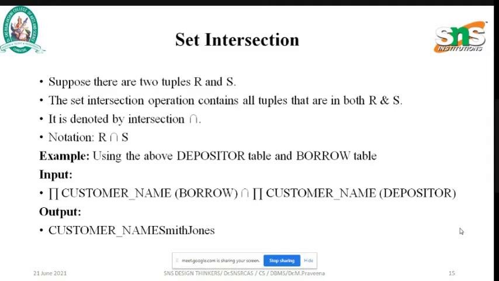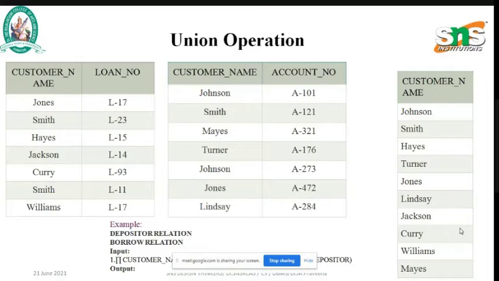So in the above example, let us see. Jones is available 2 times, so it will come in the intersection. Smith is also available, because Smith is in both tables. Hayes is available only once, so it will be neglected. Jackson is also only 1, so neglected. Curry is also only 1, neglected.